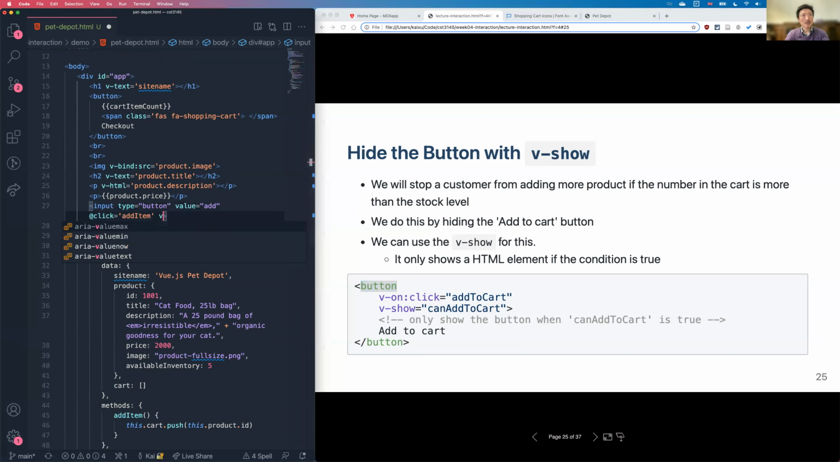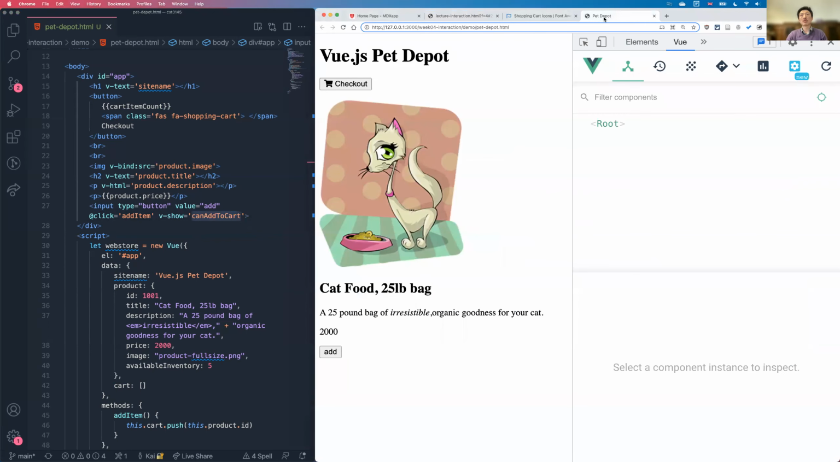We just add v-show equal to canAddToCart. So when this condition becomes false, it will hide this input button. So if we go to this page,